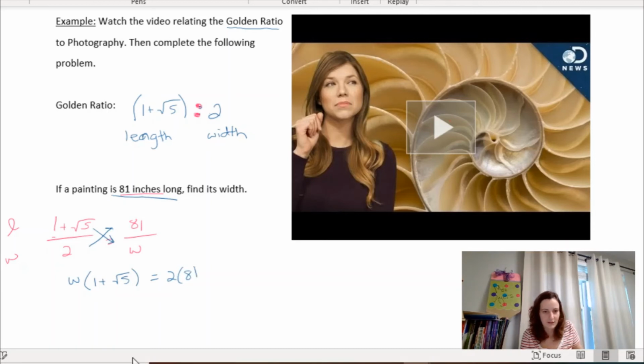Okay. So now to solve for w, you need to divide both sides by 1 plus the square root of 5. Divide by 1 plus the square root of 5 on both sides. So these will eliminate. If you divide by the same thing, divided by itself is going to be 1. So now you're left with, I'm running out of room here, w is equal to